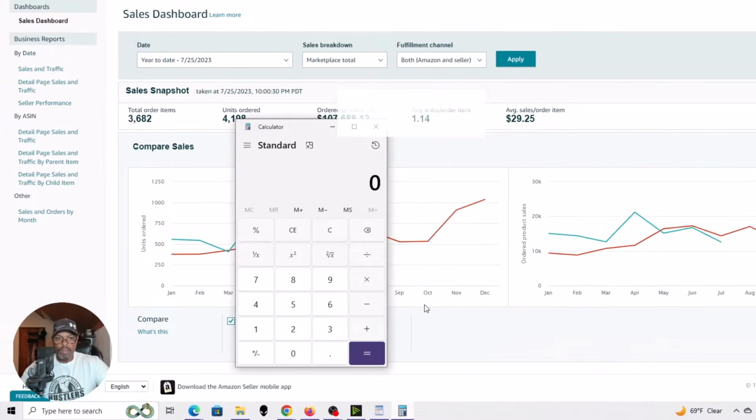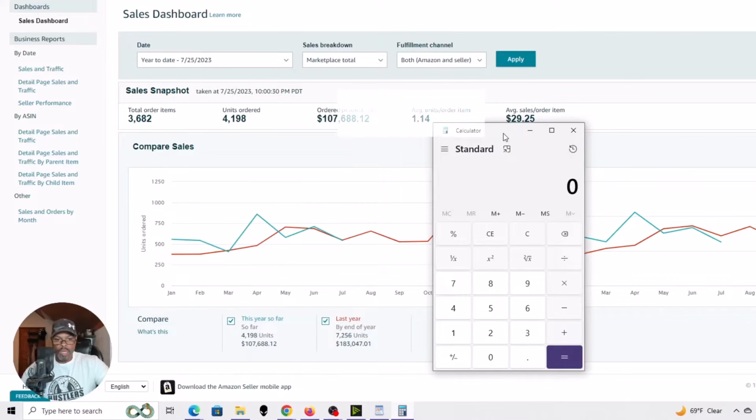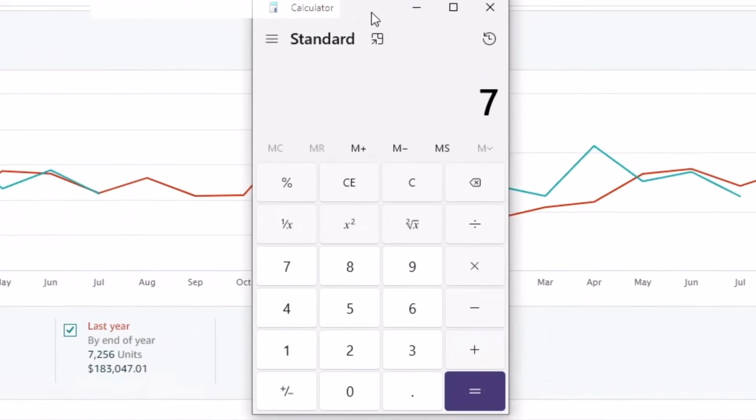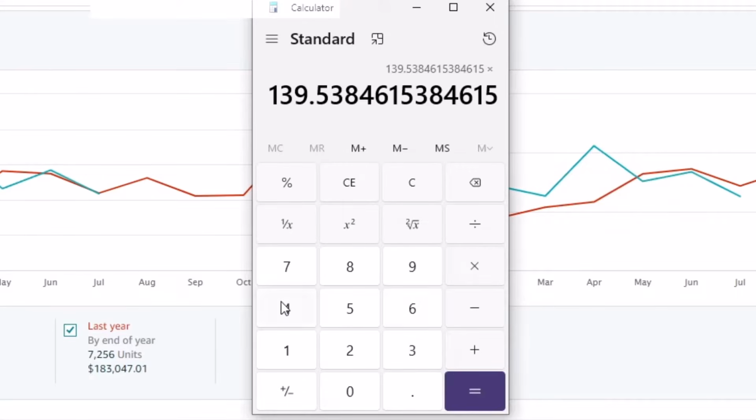Just to give you an idea, right? If you're taking 7,256 and you figure there's 52 weeks in a year, basically you're doing like 140 units a week, and somewhere around 558 a month.